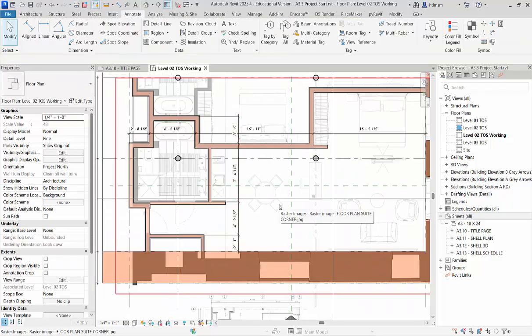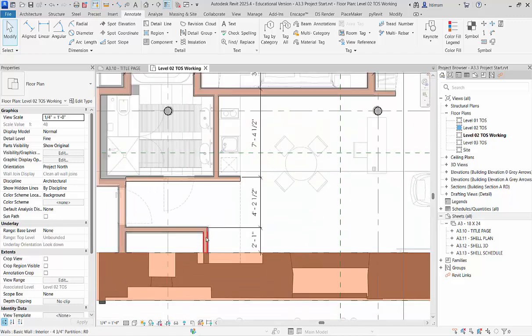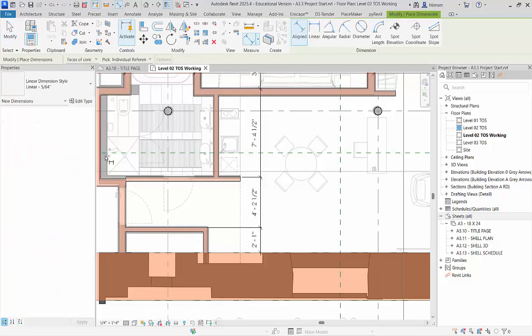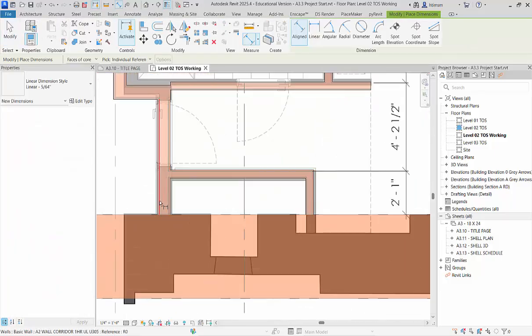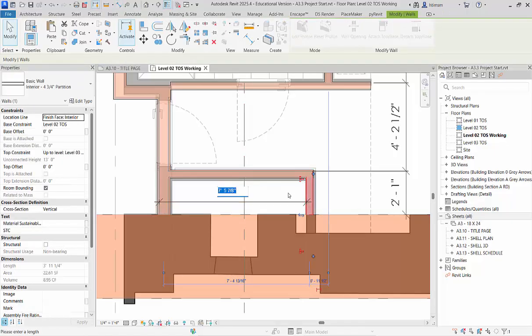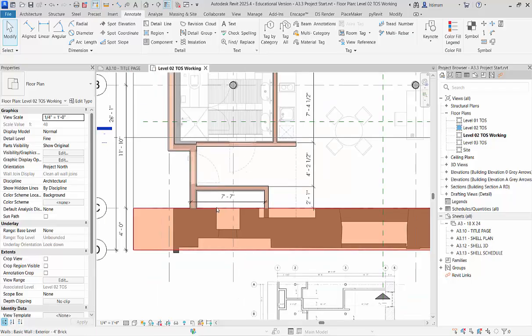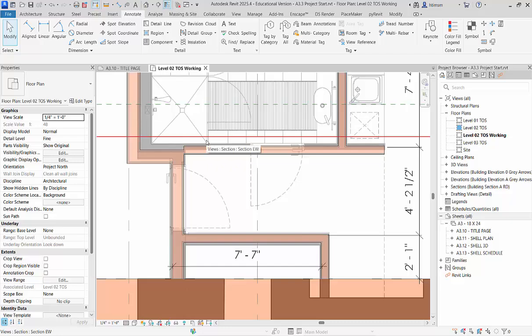Now, there are a few things that I have not dimensioned, like where this wall goes to. So like if I go into aligned and I pick the face of this wall and go to the face of that wall, what I would do is go ahead and dimension these and then just make it even, and make it look close. So if I did 7 foot 7, right, that's pretty close. So it doesn't have to be exact, right? We can always adjust it later, but it shouldn't be like